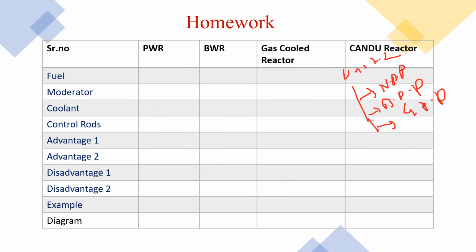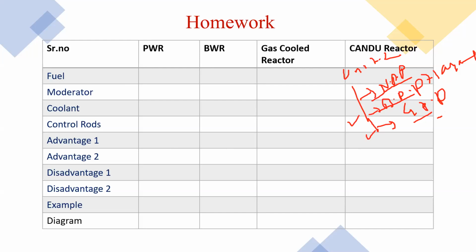Okay, I already finished this nuclear power plant. Diesel power plant and gas power plant are very easy, because in diesel power plant we will only learn the layout diagram and the components of the diesel power plant. The gas power plant is also the same: layout diagram and its components. So within 2 to 3 days, this chapter will be finished. Don't worry about the syllabus.